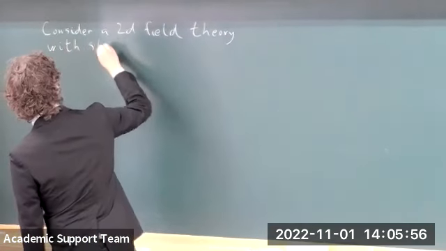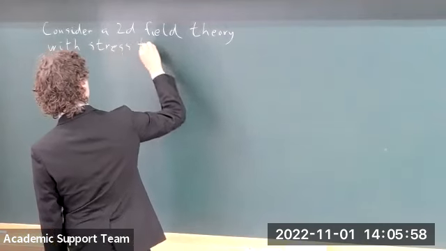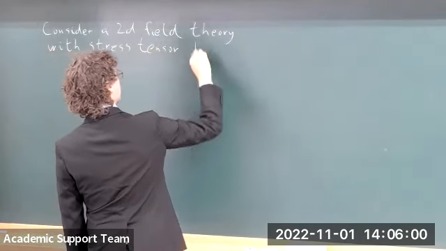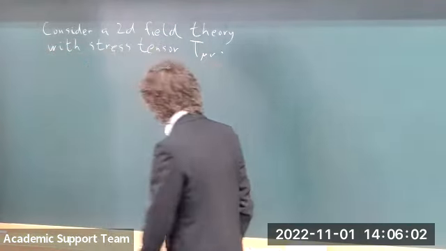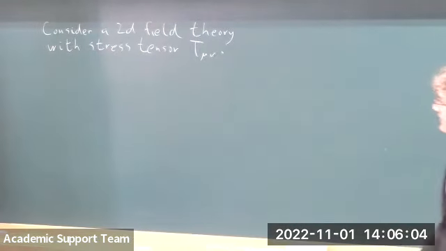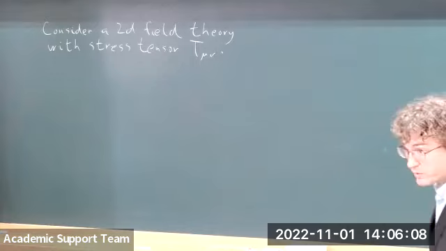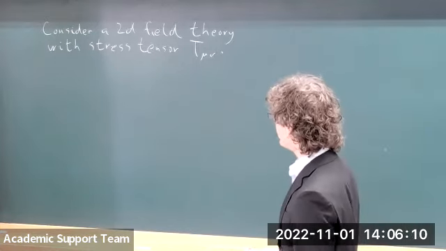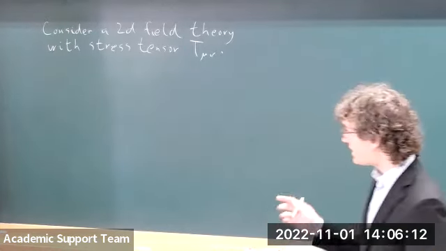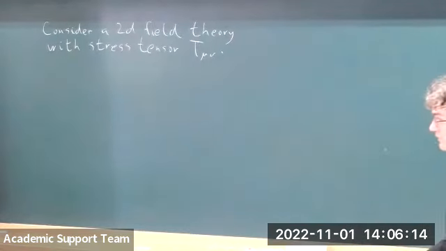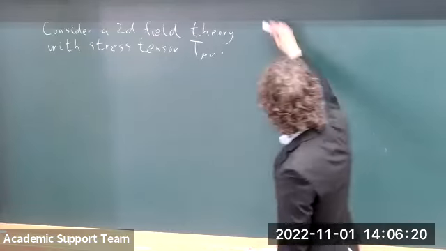With a stress tensor operator, say T mu. Good. So the nice thing about these deformations that we construct from the stress tensor is that they'll be universal in a particular sense, because every translation invariant field theory has a stress tensor, thought of as the Noether current for translations, or if you can couple to gravity, you can think of it as the Hilbert stress tensor for coupling to gravity.